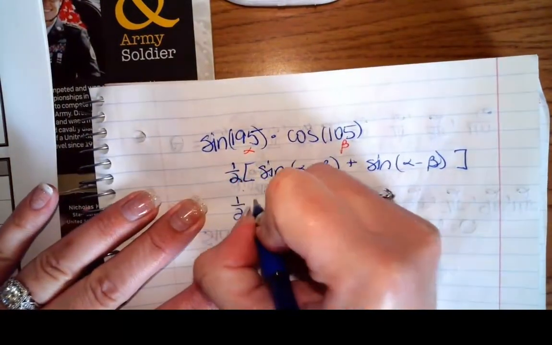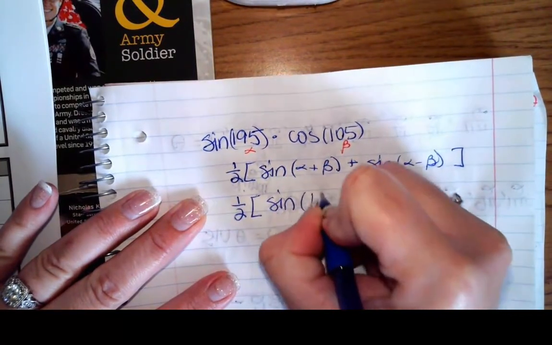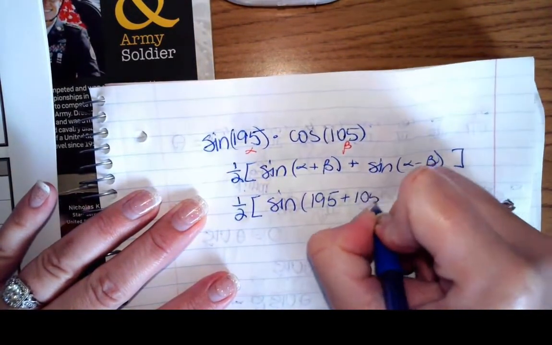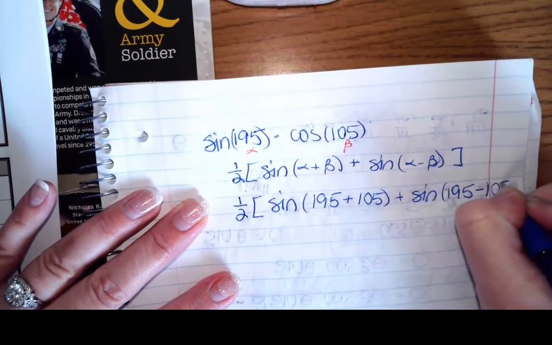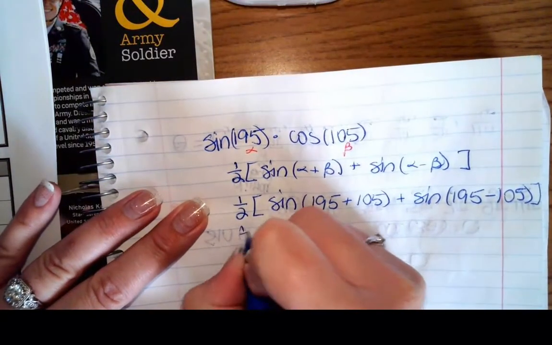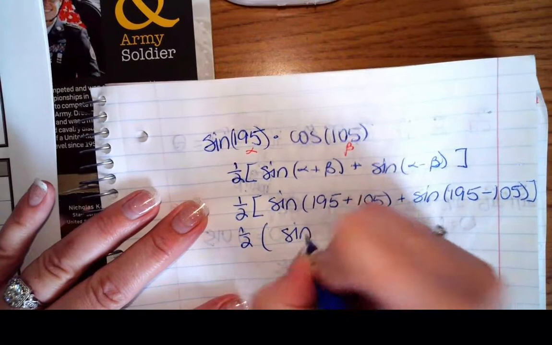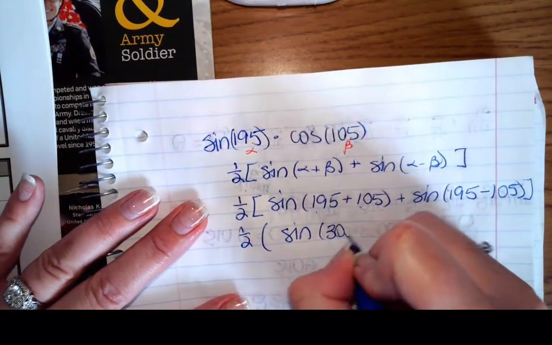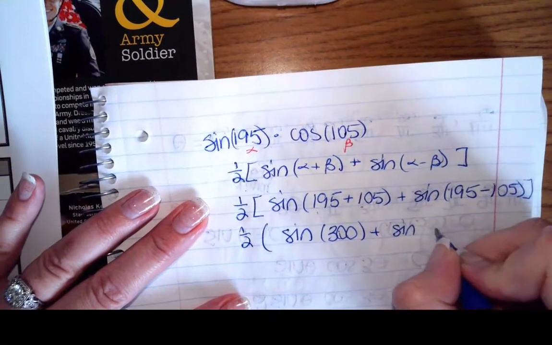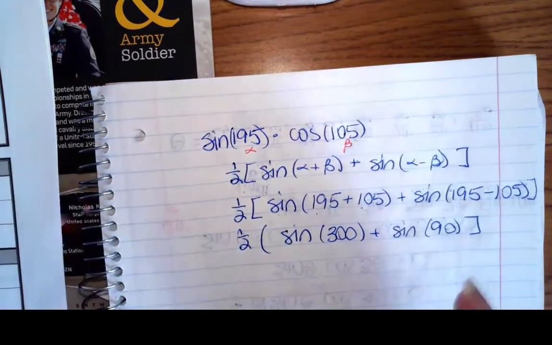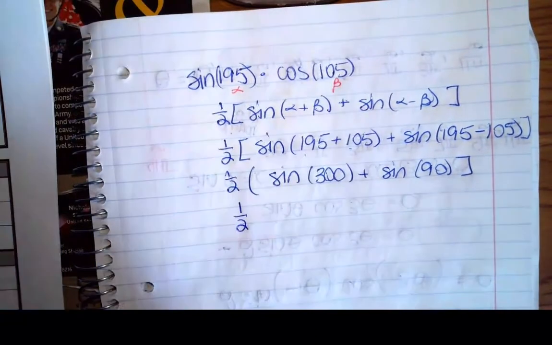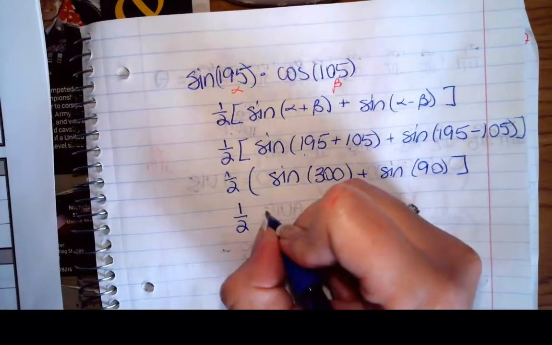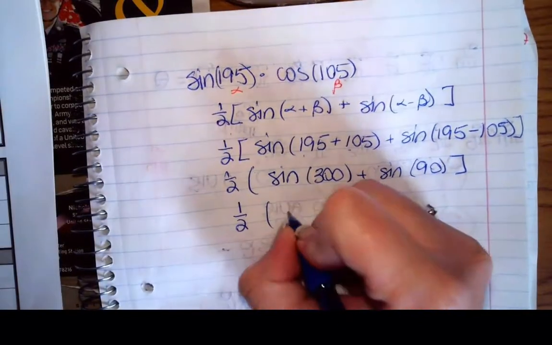Okay, so what does that give us? We will have 1/2 times the sine of 195 plus 105 plus the sine of 195 minus 105. So doing some math that we know how to do, 195 plus 105 gives us 300. And 195 minus 105 gives us 90, and those are benchmark angles. So we can find the sine of 300, and that is going to be the same thing as the sine of 5 pi over 3, which is going to be a negative root 3 over 2,